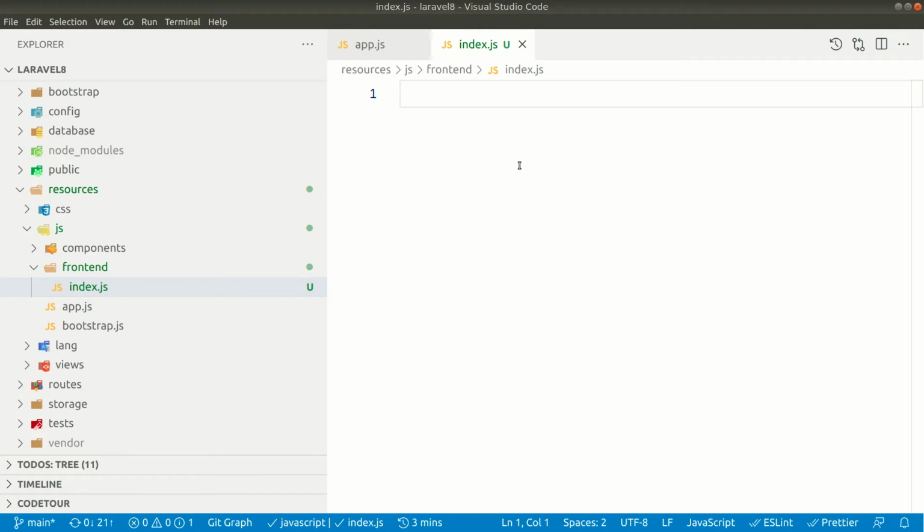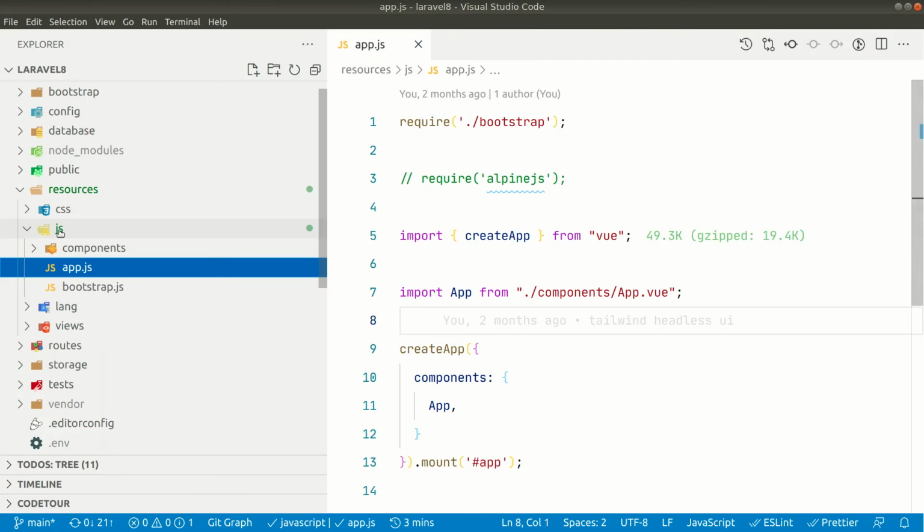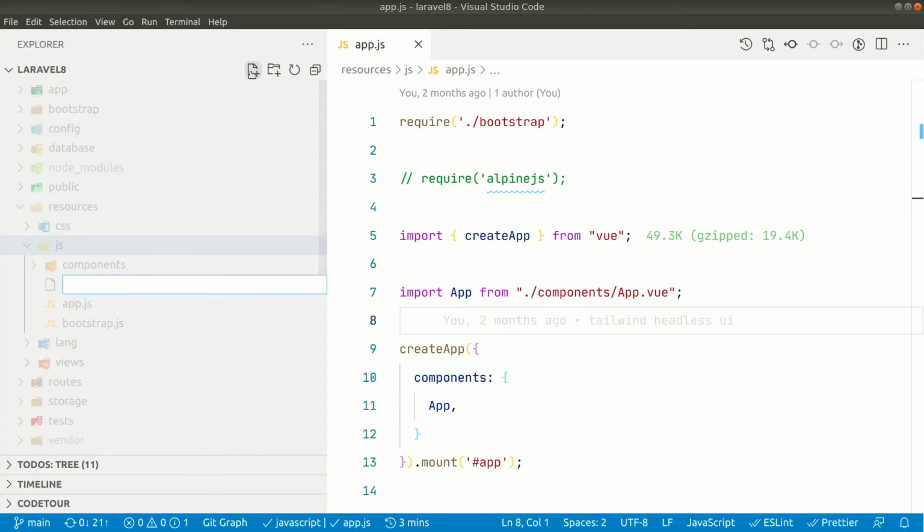Now I'll show you how we can create both the folder and file at the same time. So let me delete this. Now let me click on this JS folder. I want to create it inside this JS folder. So I'll click on it, and now I'll click on this file icon, not on the folder. Okay. So if I click on here, now I'll say here